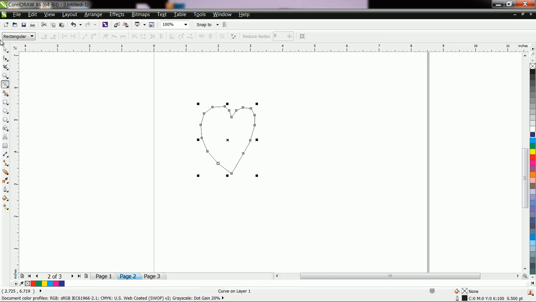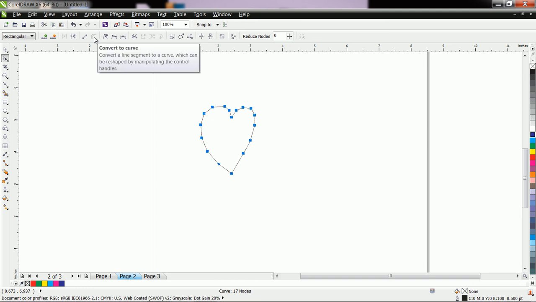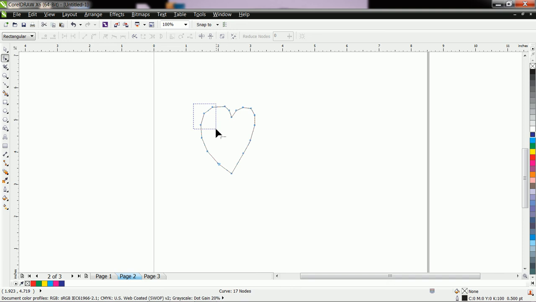Okay, with the help of the shape tool, let us convert it. Convert to curve.